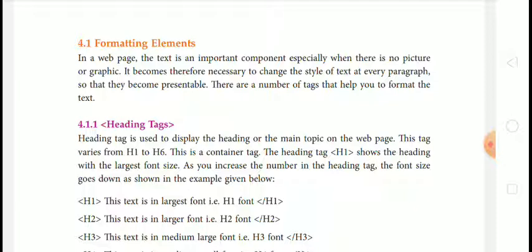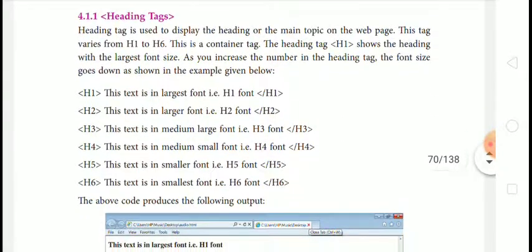There are a number of tags that help you to format the text. Means with the use of formatting elements we can format the style of our paragraph and also the text which we are using on the web page.